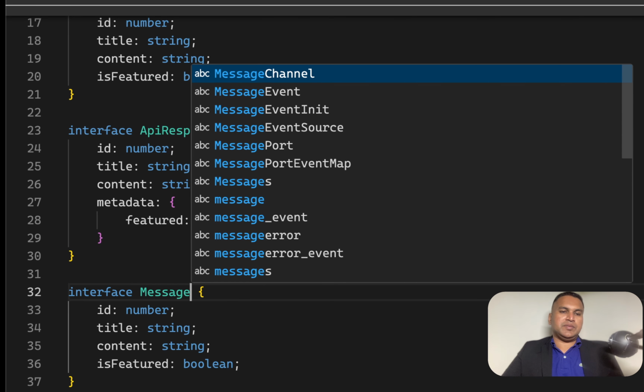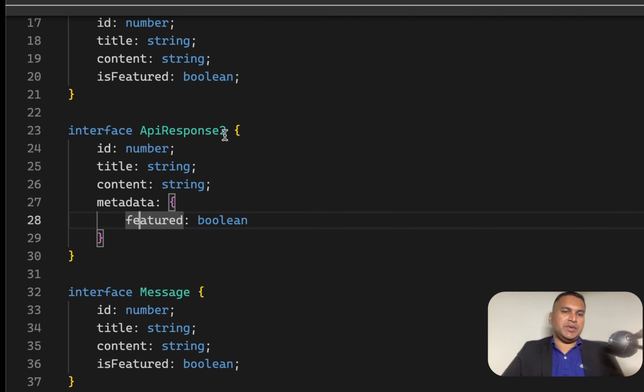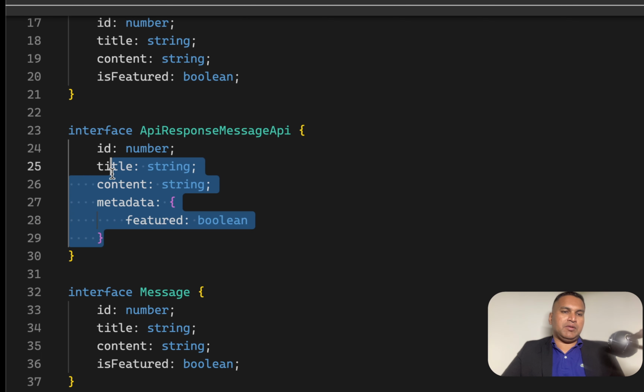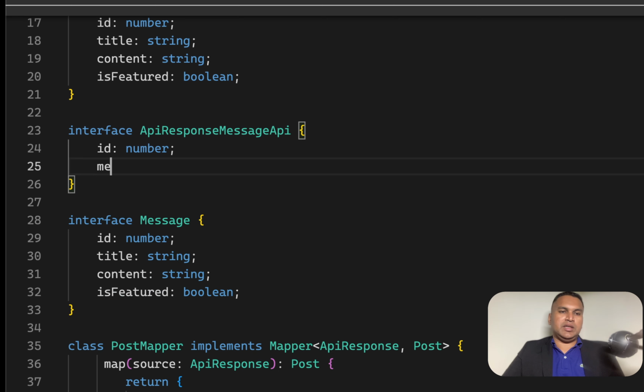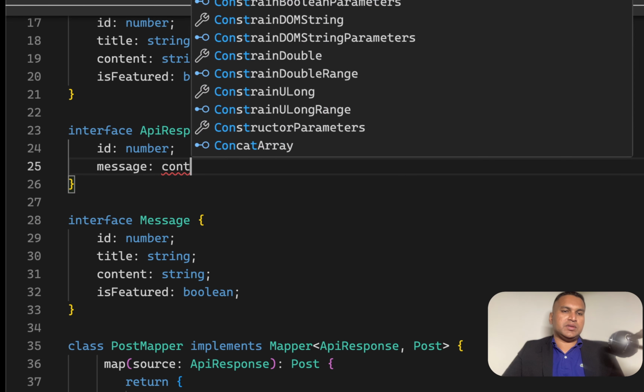And this one we'll call the API response message API. And here we only have, let's say, ID and message, and this one is string,